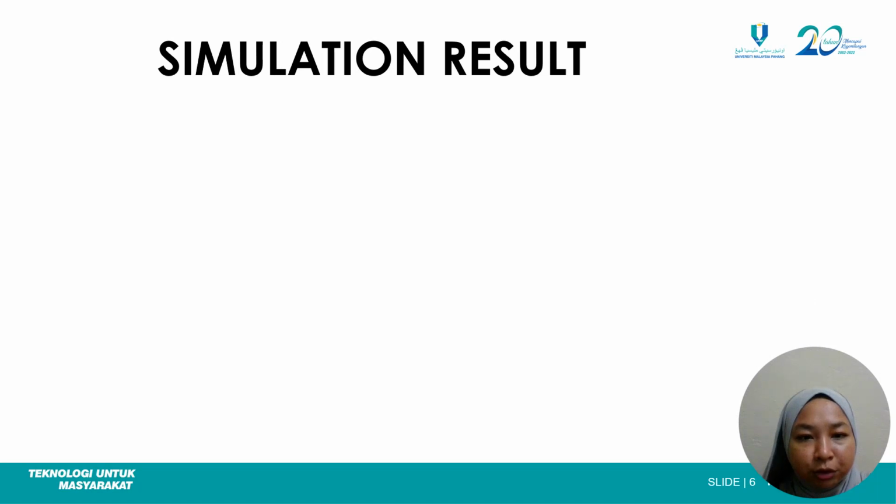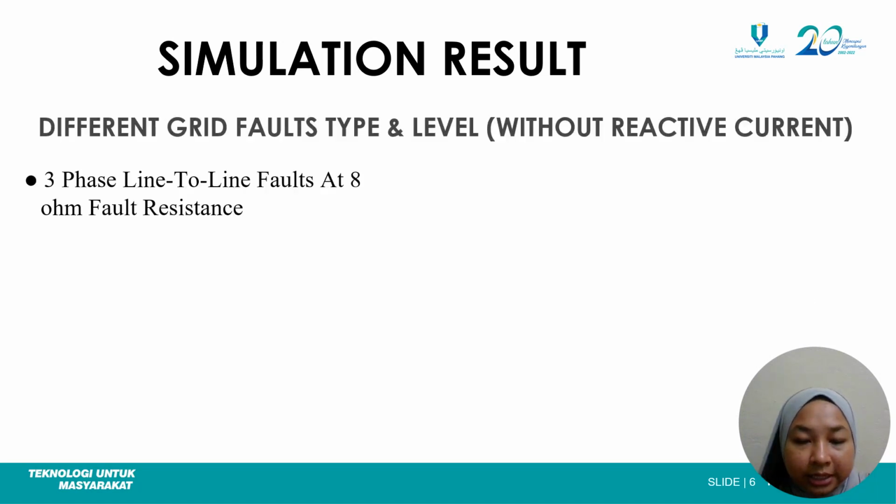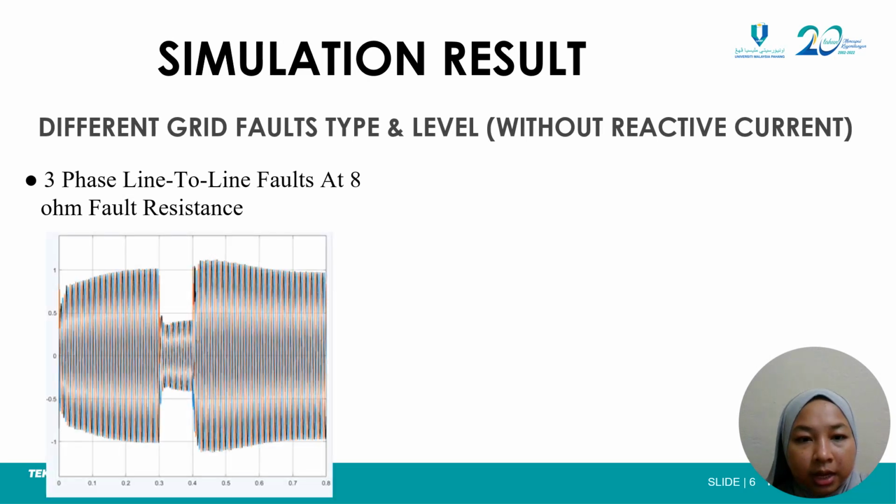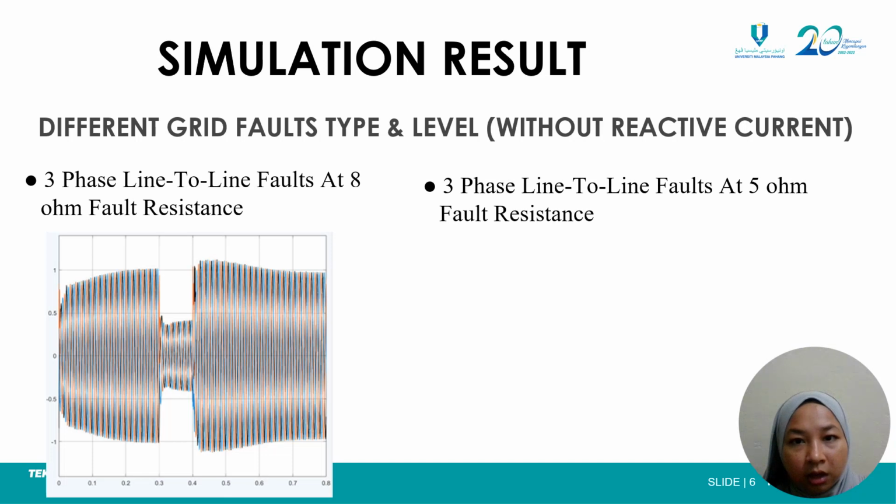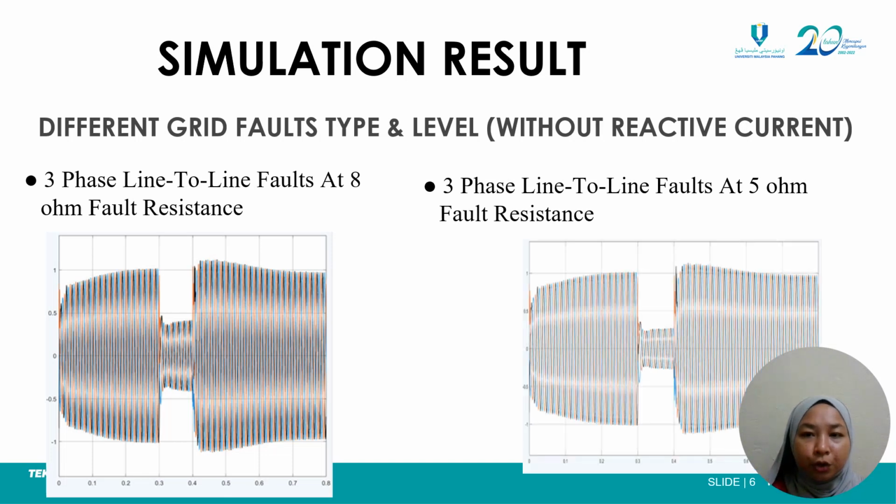For the simulation result, this is without reactive current. This is a three-phase line-to-line fault at 8 ohm resistance. What we can observe is that during the three-phase line-to-line fault at 8 ohm resistance and at 5 ohm resistance, the voltage drops from 1 per unit to 0.4 per unit, and from 1 to 0.25 per unit